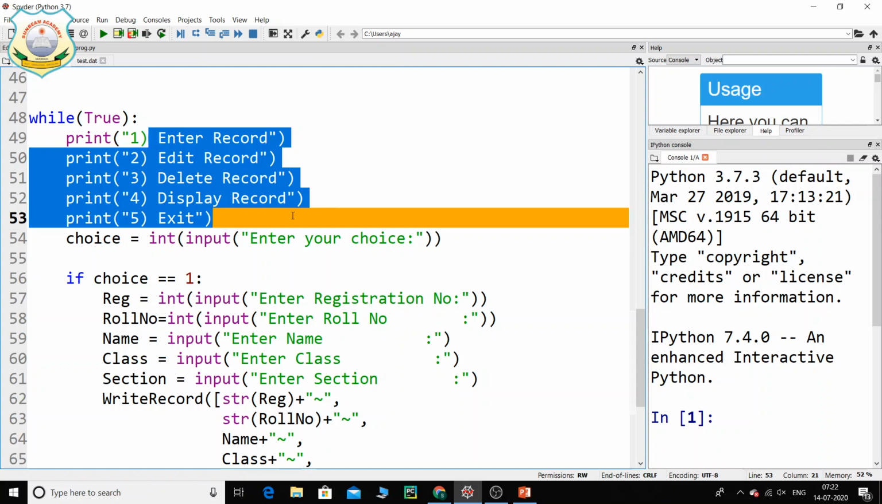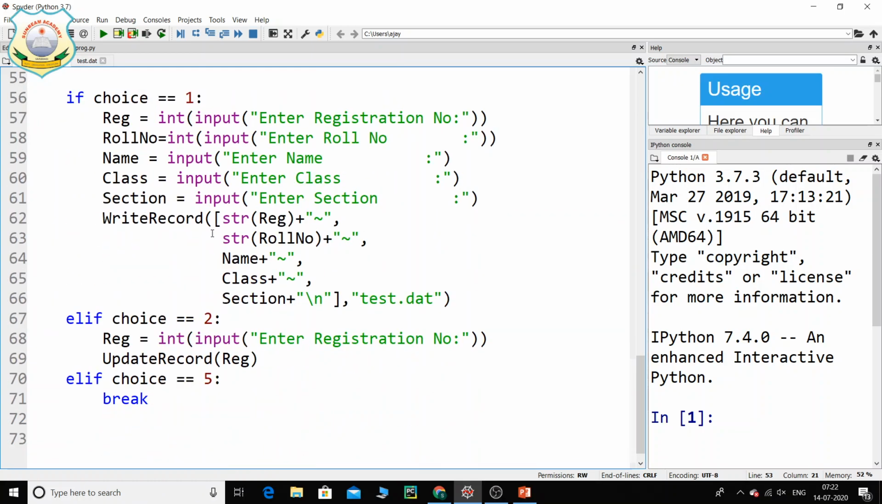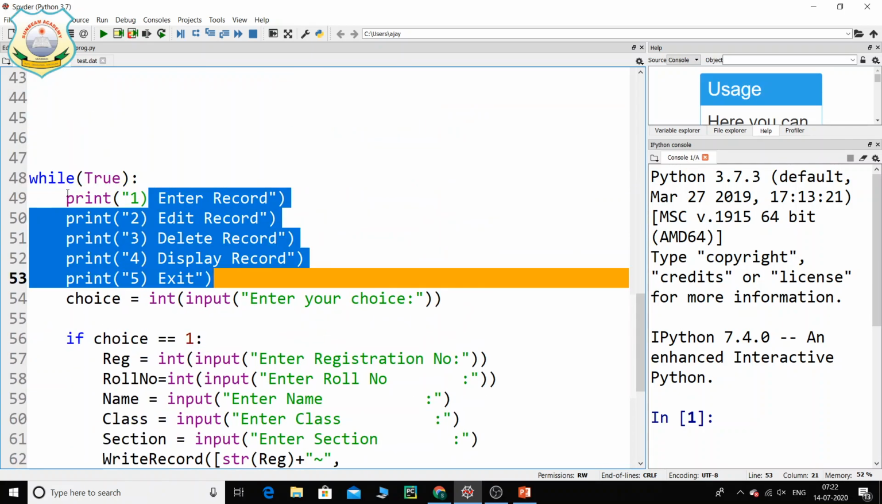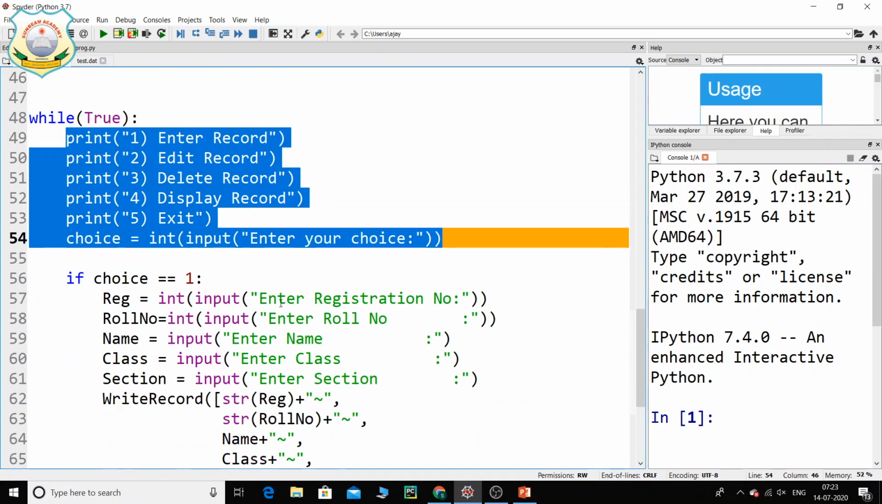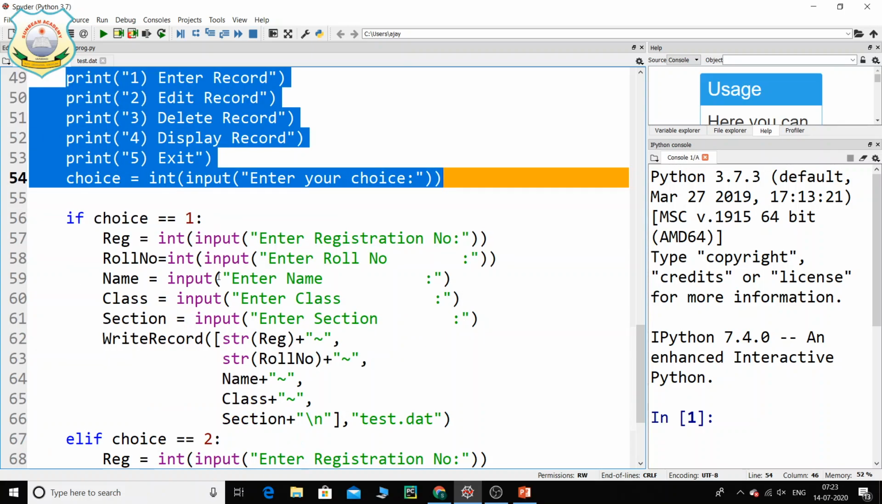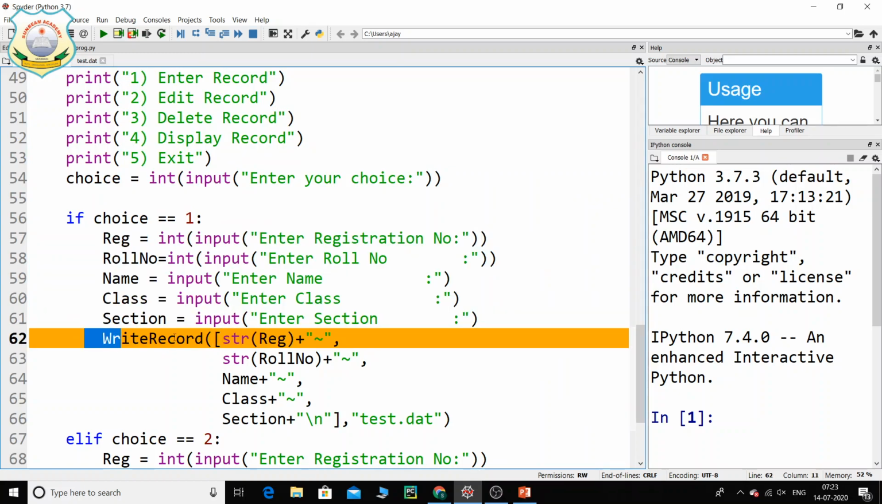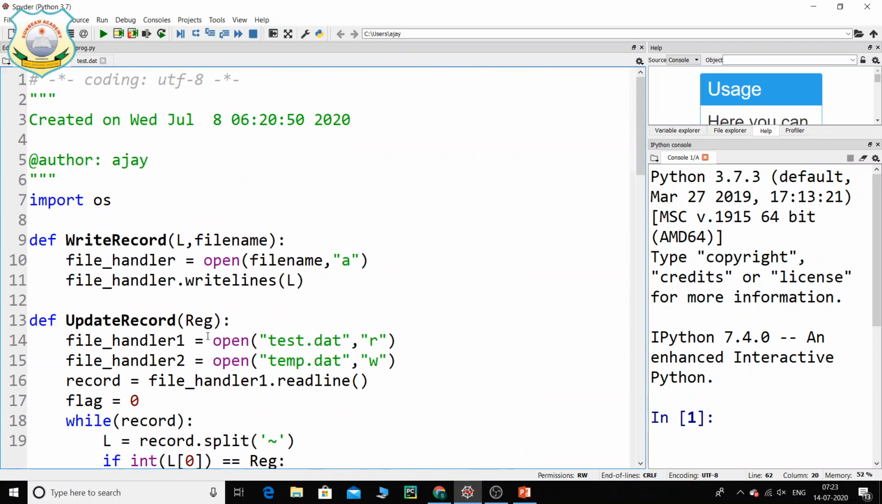So the first module that we can create is, maybe, okay, that is the menu that was over here. Then choice is equal to 1, and this was the program, and this was the function, that is the write record. Now this write record function we can put into a module. So let us create a module, and that is this one,